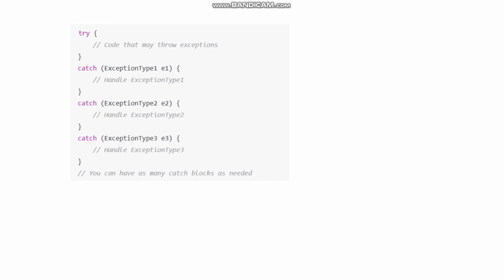Catch exception type 1 E1, handle exception type 1. Catch exception type 2 E2, handle exception 2. Catch exception type 3 E3, handle exception 3. It means whenever more than one error is there, we will write more than one catch